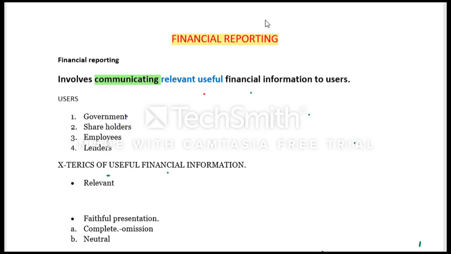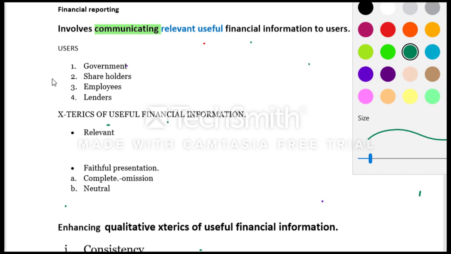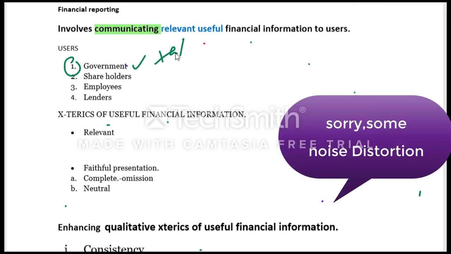Today I shall be speaking about financial reporting. Financial reporting involves communicating relevant, useful financial information to users of financial statements. If we look at the users of financial statements, there is of course the government itself. The government uses financial information to assist with tax purposes and